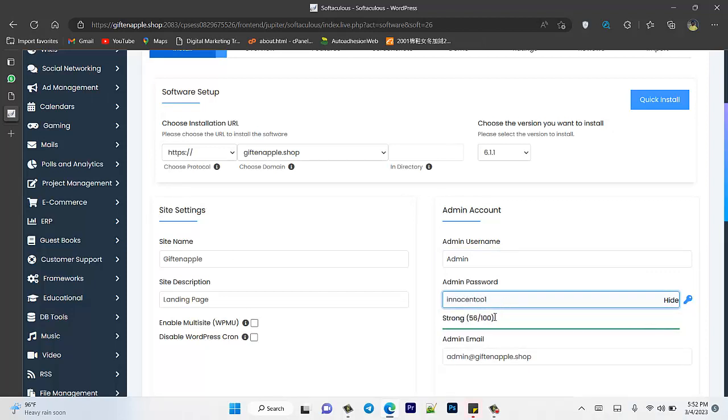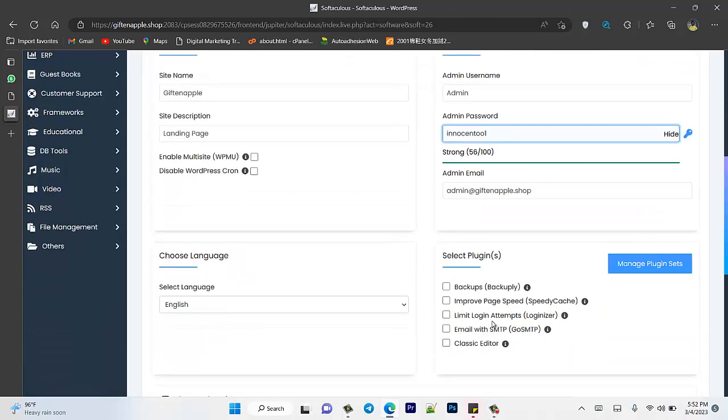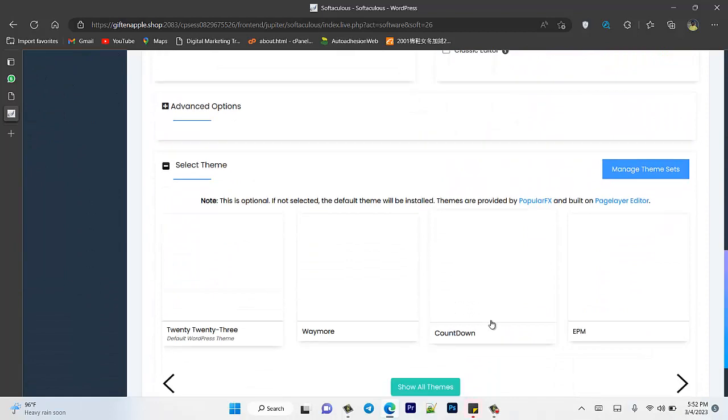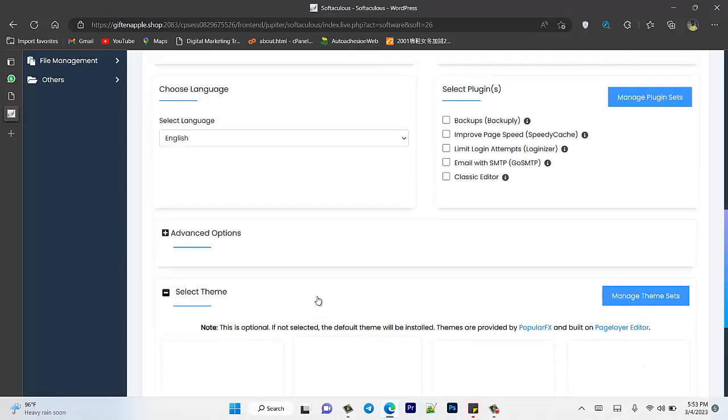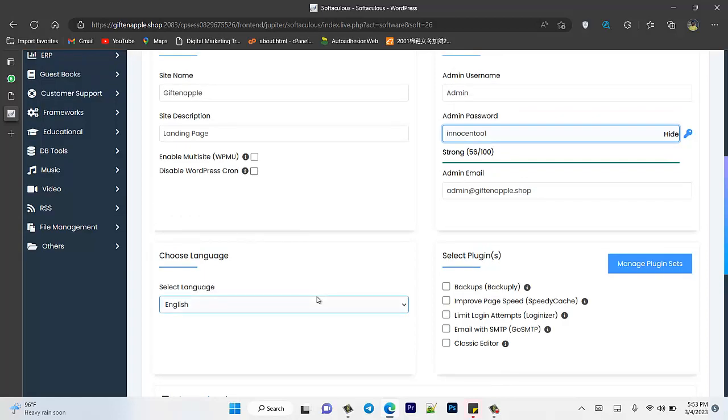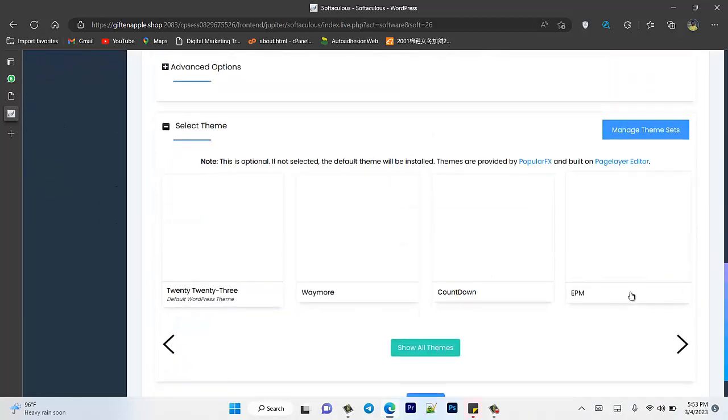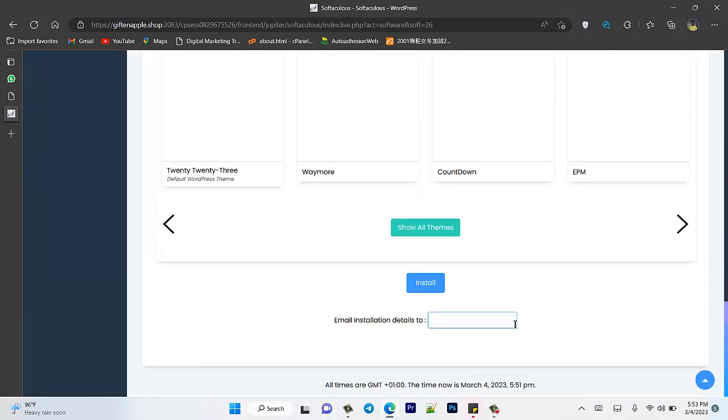So this is the password I'll be using. What I have to do next is to come down. Now, you can actually install a WordPress theme directly from this site, so it just depends on what you want. But I don't want a WordPress theme, I just want to install directly. So I have to just click on install,